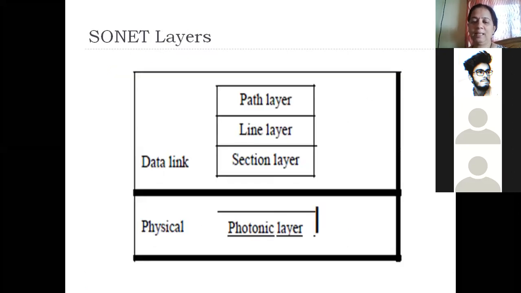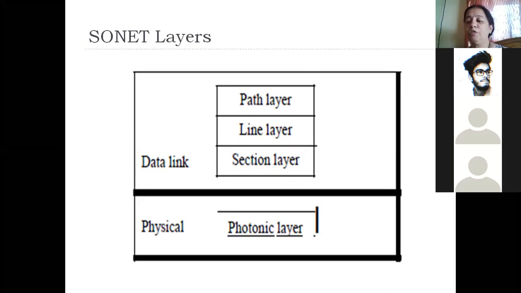So understand that there are 4 layers in SONET. The bottommost layer, the photonic layer, is the same as the physical layer in the OSI reference model. Whatever are the functions of the physical layer in the OSI model, same are the functions of the photonic layer in the SONET